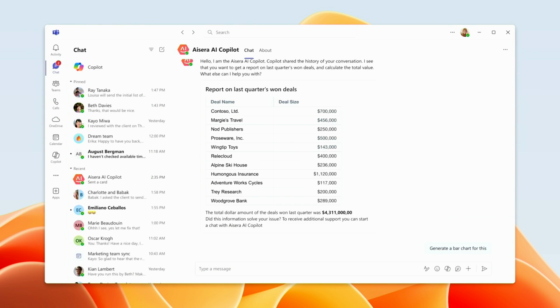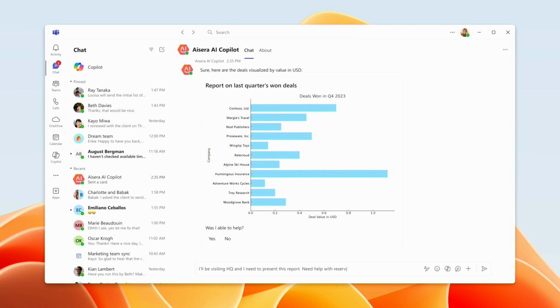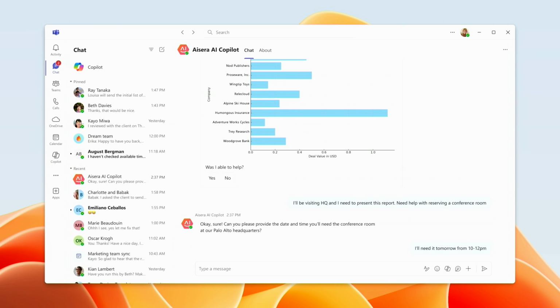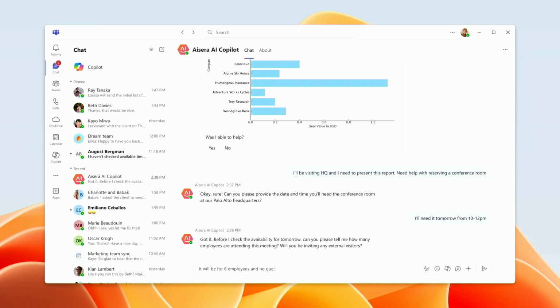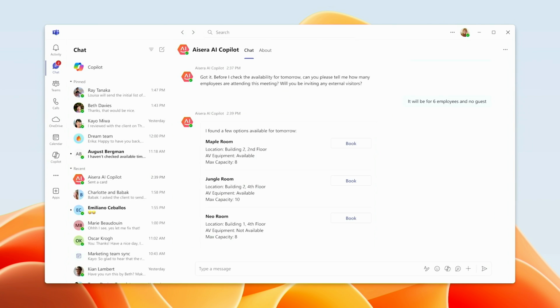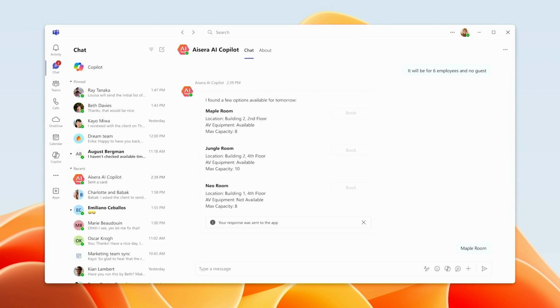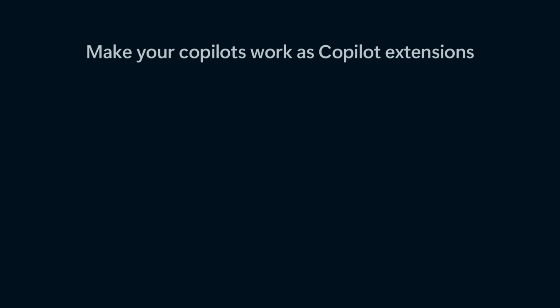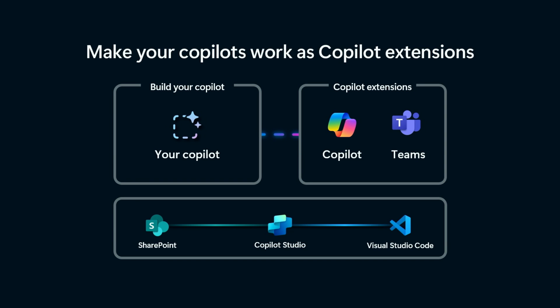engine. And once they're happy with the chat, they keep on prompting. In this scenario, what they've realized is they want a meeting, and the prompt is being interpreted by the custom engine to call a meeting API, which they have developed, and they go and book that particular meeting. As we discussed before, these custom engine copilots can be published as Copilot extensions, and you can have them both in the immersive experience or in the inline Copilot experience as well.